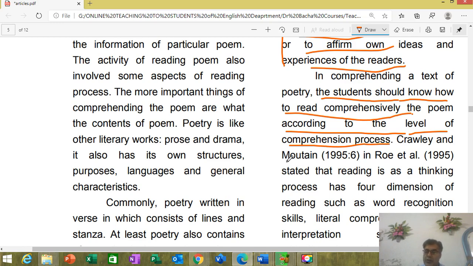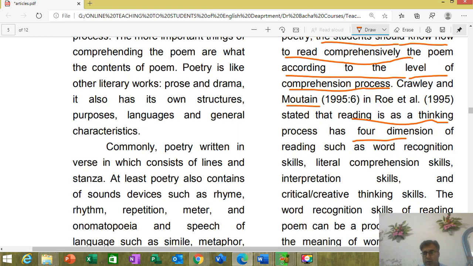Crowley and Mountain and Roy et al. stated that reading as a thinking process has four dimensions. Okay, four dimensions of reading, such as word recognition. One is mostly the psycholinguistic aspect, word recognition skills. All right, literal